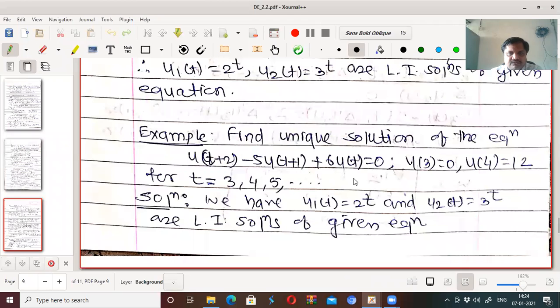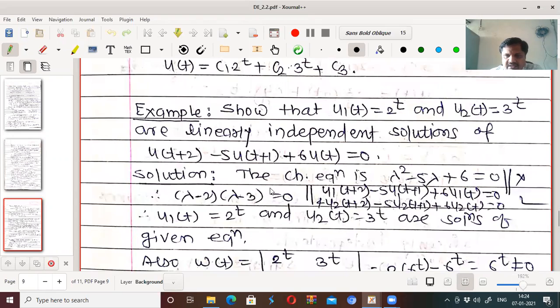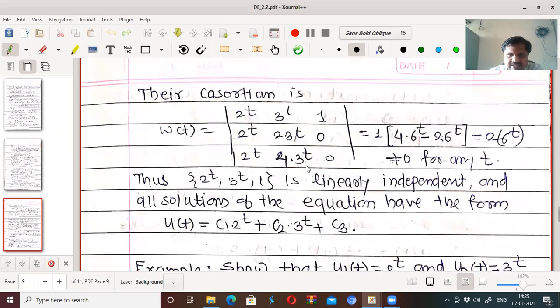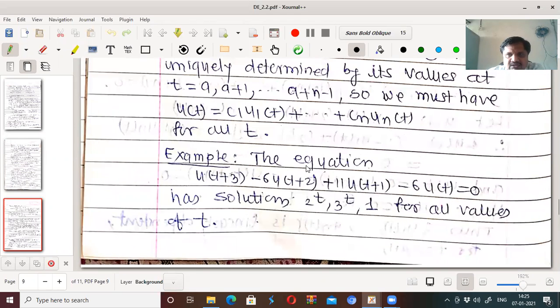In this lecture we'll see some examples on linear dependence and linear independence as well as solutions of linear difference equations. In the last lecture we have seen what is meant by Casoratian and how you can use the Casoratian. The Casoratian means what? Casoratian is the determinant of